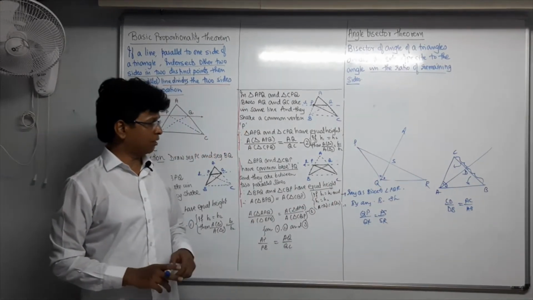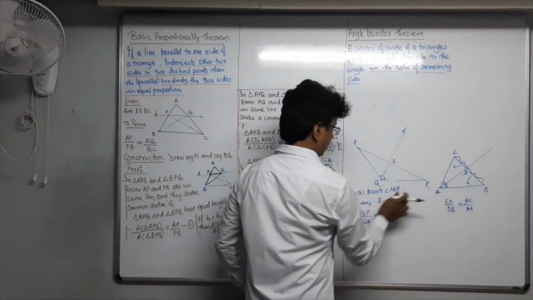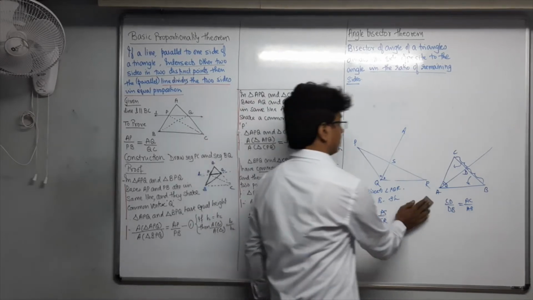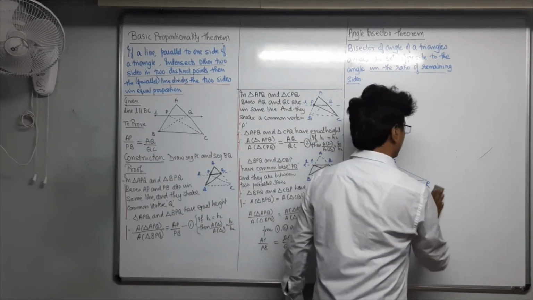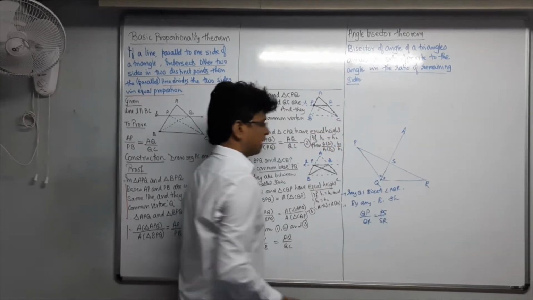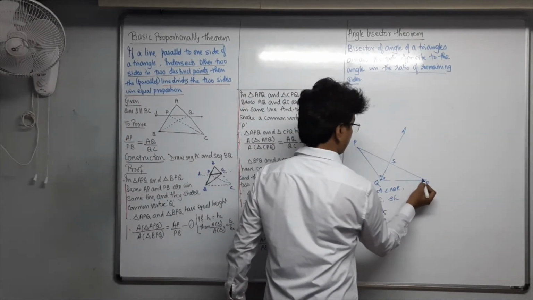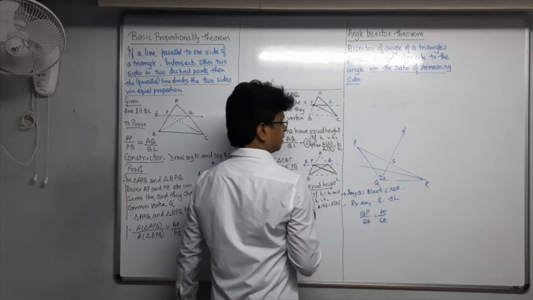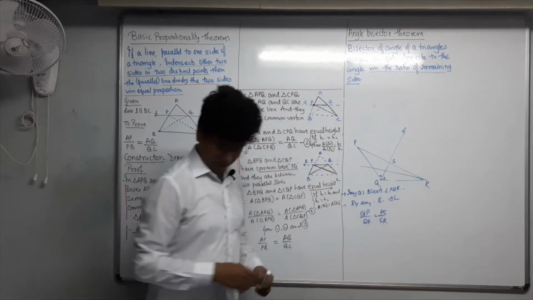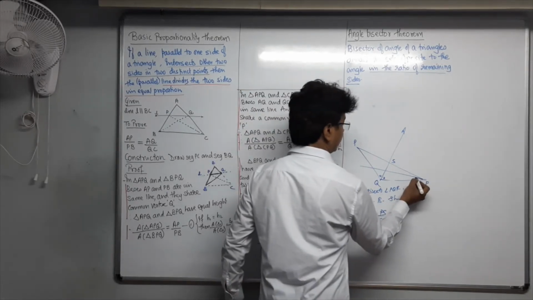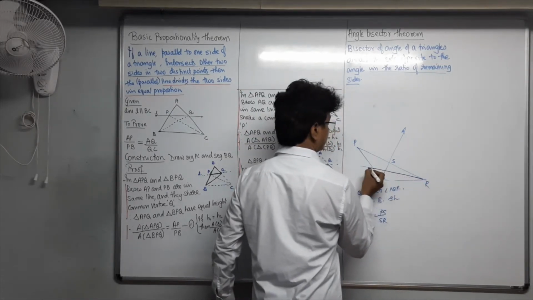Are you getting my point, my dear students? Supposing this I cut now, or should I keep it? Let it be confusion. Maybe clearance should be there. You should have clear ideas even in the confused diagrams. This is supposing an angle bisector. Fine. This is another angle bisector. If you want, I can do mercy on you. Take a different color. That is all I can help you with.